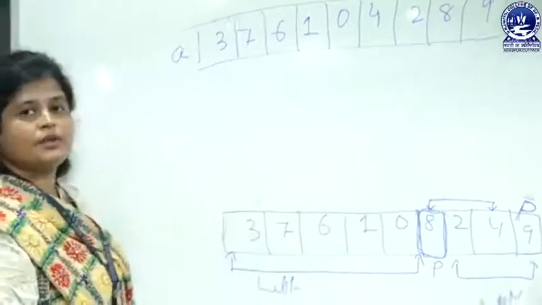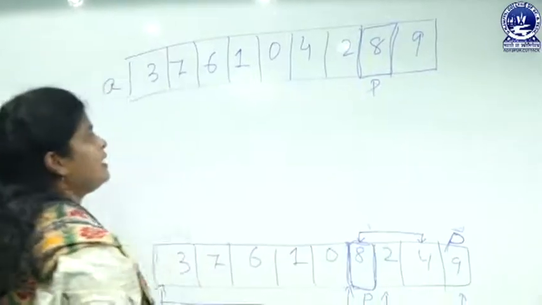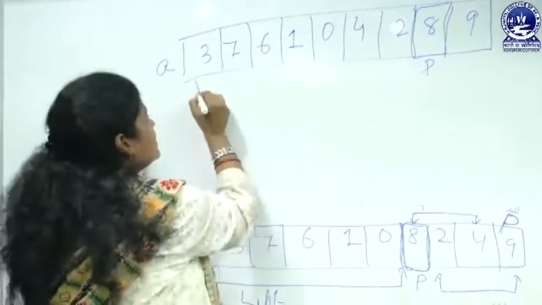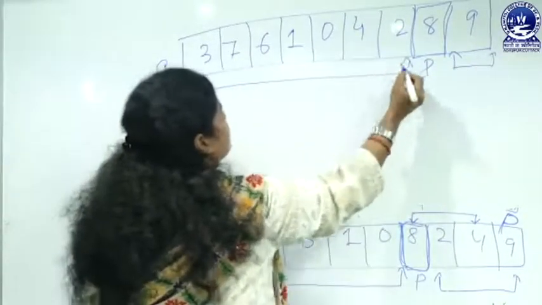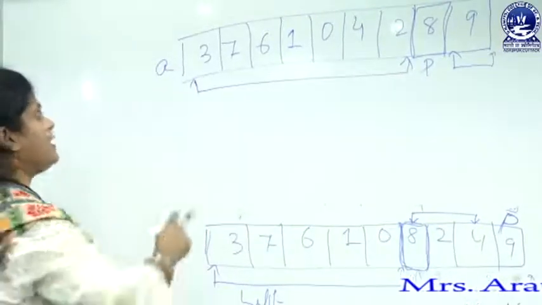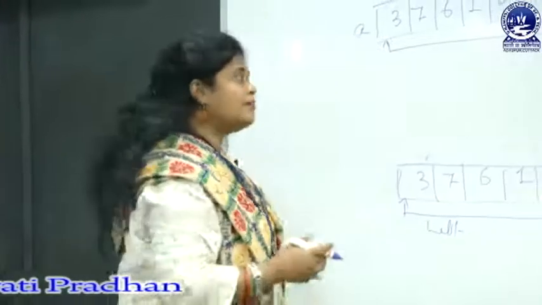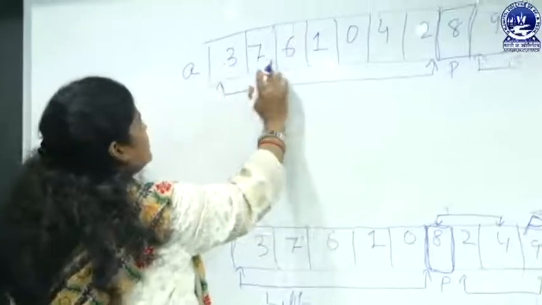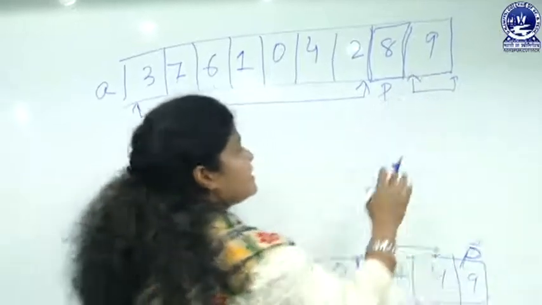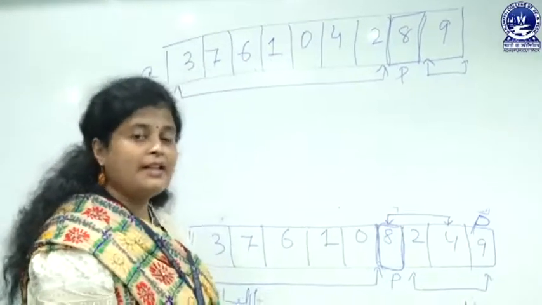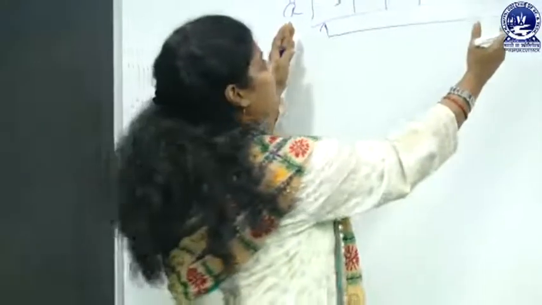Now the new list will look like this, and till now our pivot is this one. Now again we will start comparing, and the list is looking like this, left part and right part. Here it is clearly visible that, although inside the system the algorithm will compare element by element, all the elements on the left side are smaller than the pivot, and the elements on the right side are greater than the pivot. Now again we will start the next phase. In the next phase we will take only this part.